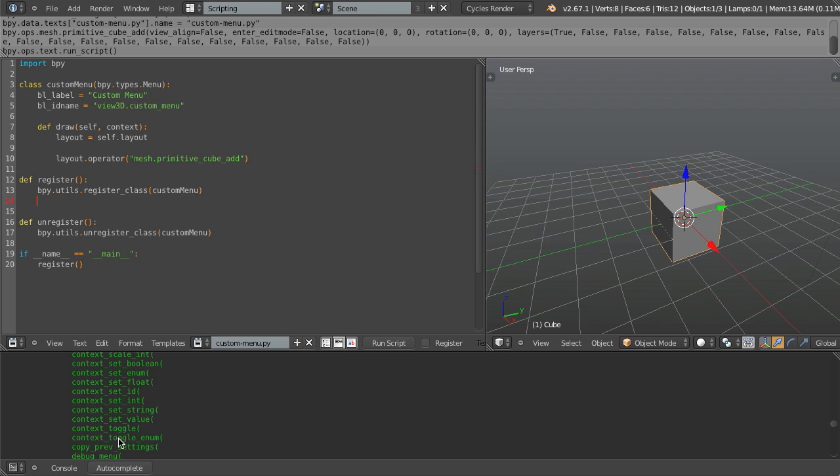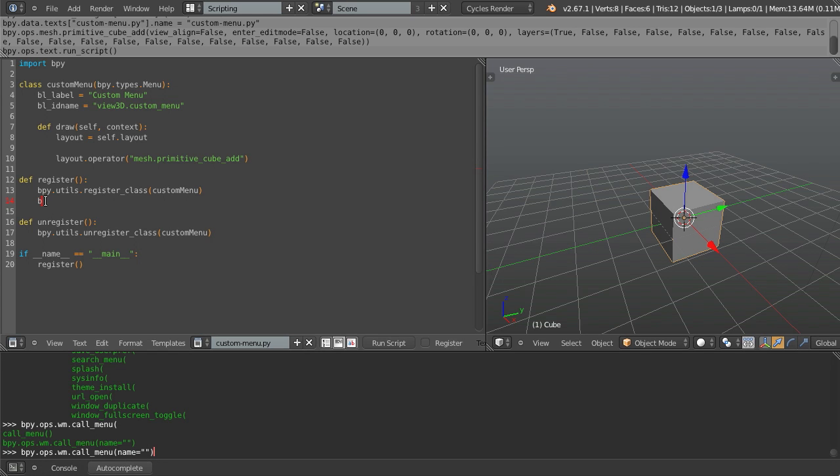And within this, if you continue to scroll up, one of the things you'll find is call menu. So we've got call underscore menu, hit enter, and then you can see the name here. Basically, it's asking for the name of the menu equals and then the name of the actual menu within quotes, followed by an in parentheses. So what we can do is, in here, we'll type bpy.ops.wm for window manager.call underscore menu, and then in parentheses,